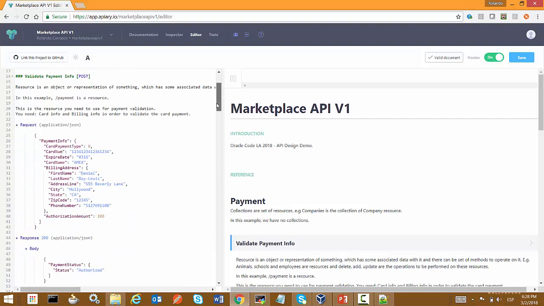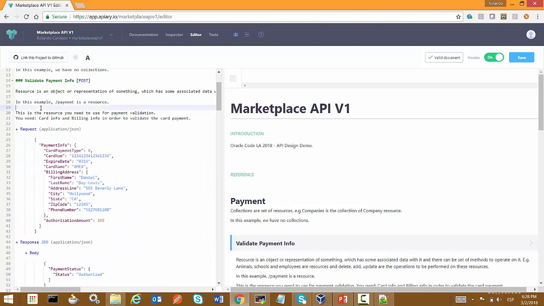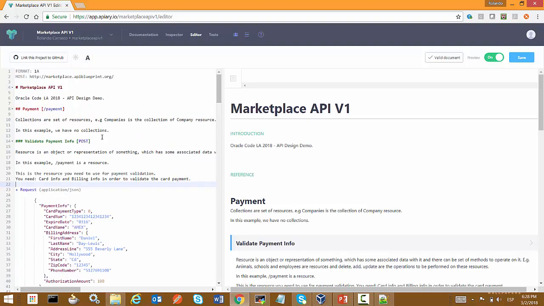So this is exactly what we want to highlight. This is a normal description of a set of resources, but this is not a product. This is just an interface being described and documented with a tool. So now Leonardo is going to change it, and you are going to see some of the difference now that he's going to apply some of the design principles.